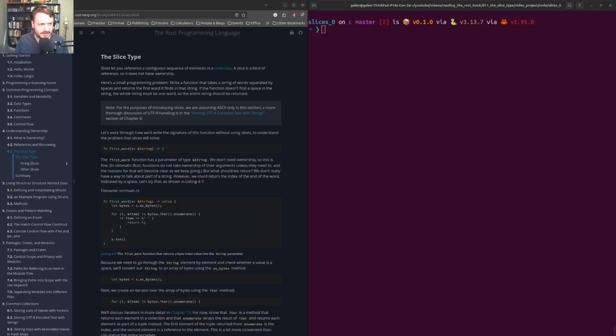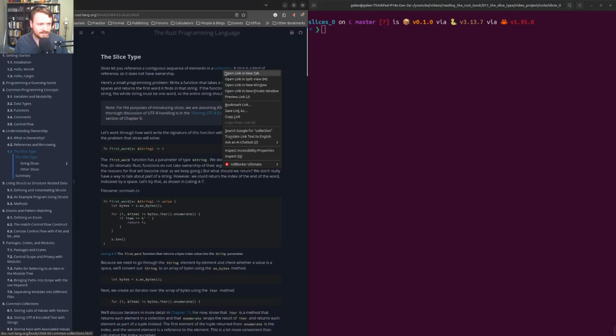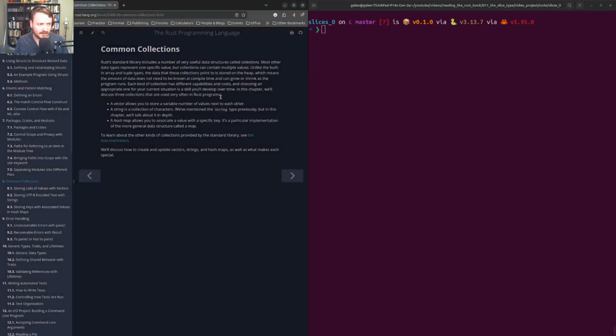Okay, we're back. We're going to continue reading through the Rust programming language, and we are on to the slice type. Slices let you reference a contiguous sequence of elements in a collection. And just jumping into their documentation on what a collection is briefly, Rust's standard library includes a number of useful data structures called collections. Most other data types represent one specific value, but collections can contain multiple values. Unlike built-in array and tuple types, the data that these collections point to is stored on the heap, which means the amount of data does not need to be known at compile time and can grow or shrink as the